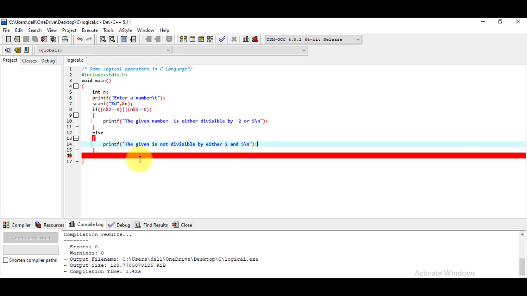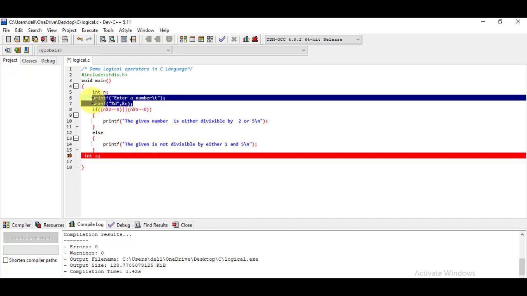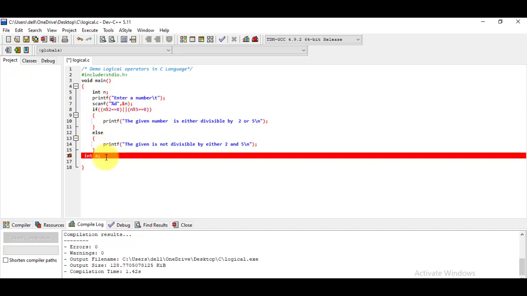I'm simply declaring one more variable here, say int a, and here I'm using the same line using Control C, and pasting it with Control V. Here I'm using the scanf with the number, and this time I'm using the variable a. And here I have to write the condition.